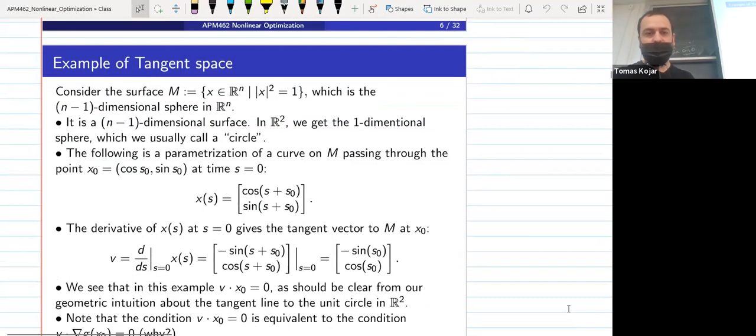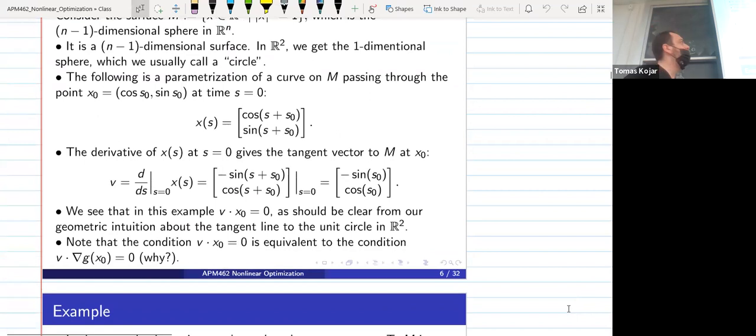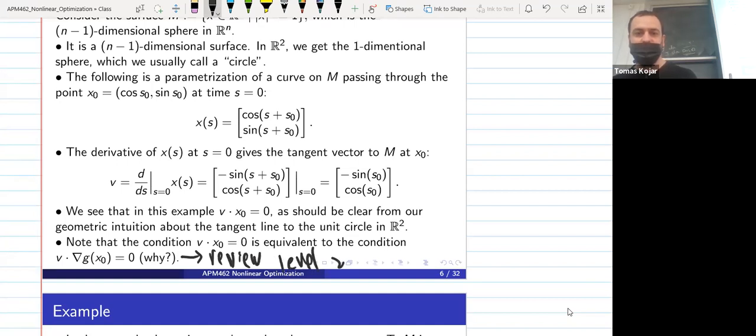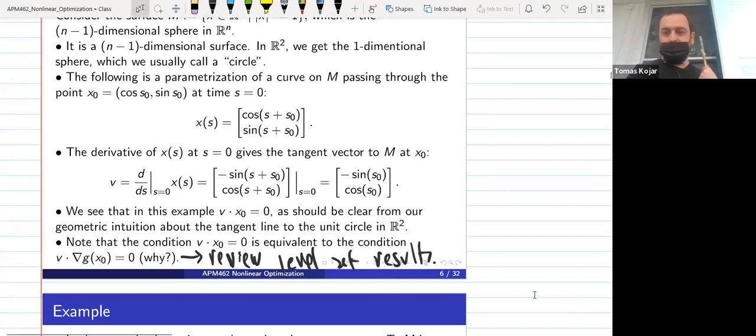Yeah, from intuition, right? But what I'm interested for you to make sure you understand, because we'll come back to it, is that the reason this is 0 intuitively is because V dotted with the constraint is 0 because of what we proved a few weeks ago. Like Abby said, the tangent is normal. The tangent to the level set is normal to the gradient. Remember? Okay, good. So review level set results, because we'll use them a lot. Okay, good.